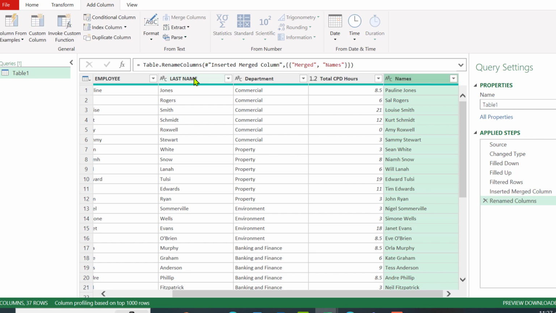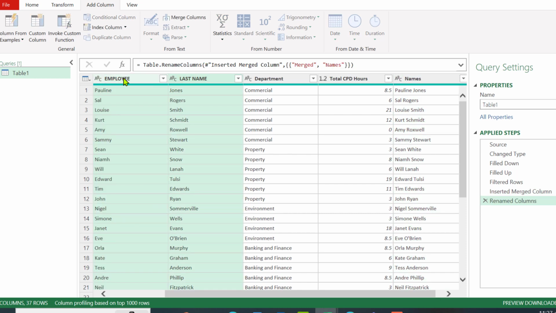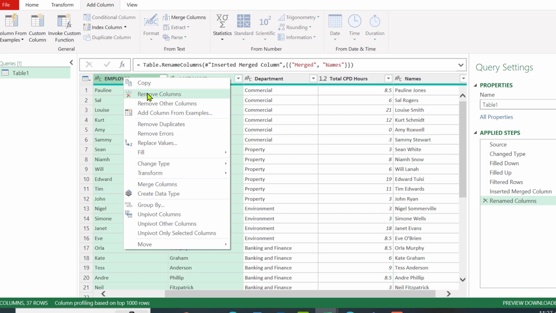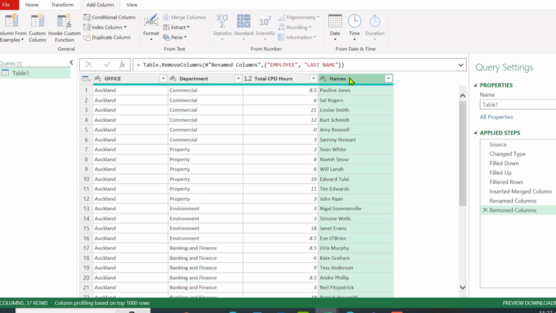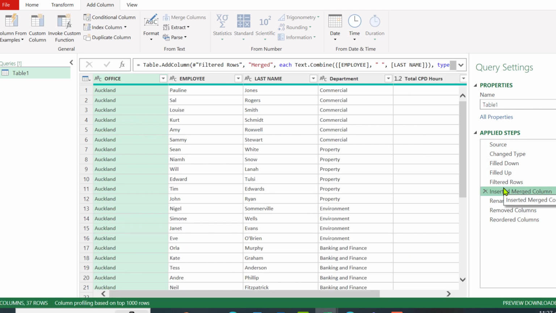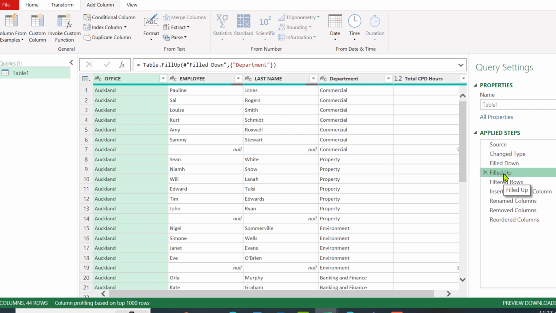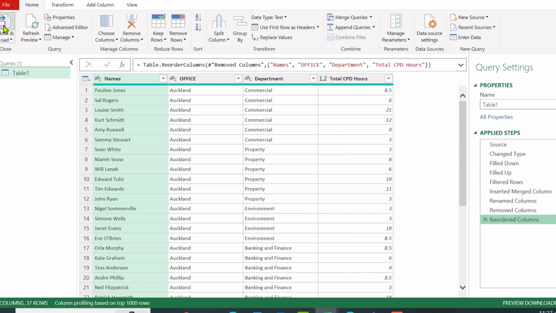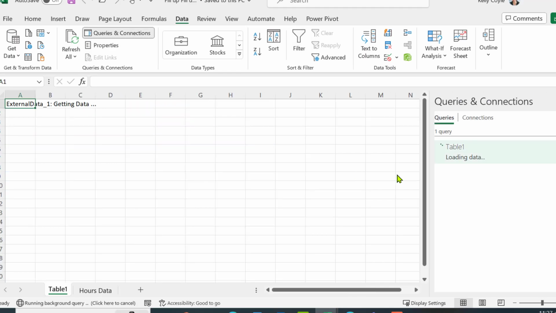Now I can delete the columns I don't need. I'll select them both and right click. There's plenty of options under right click. And then I'm going to click and drag and drop. Imagine doing this in Excel just to relocate that column. And of course all those steps are recorded, so at any time I can skip back and delete steps, reorder steps, or change steps. Back home I'm going to close and load, and my data is thrown back into Excel